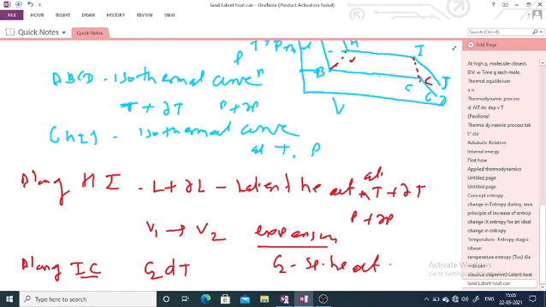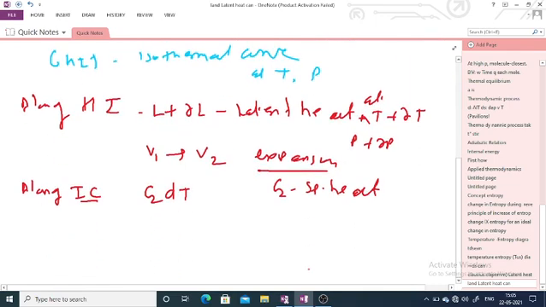Of your vapors in contact with the liquid. As a result, the temperature will fall, from T plus dT to T. Here C2 dT is the amount of heat rejected along to the ice. This is the new concept introduced in the second latent heat equation. It should be remembered: C2 dT is an amount of heat rejected, given out.